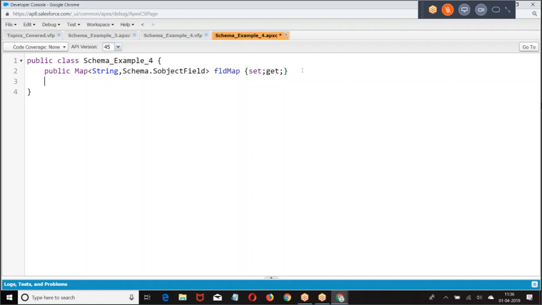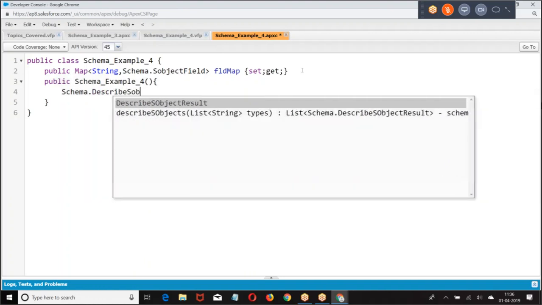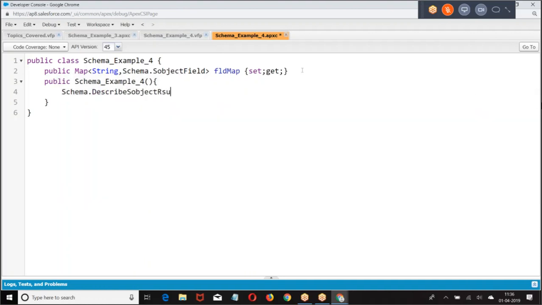Then, first, which object you want to take? Now, the point here is, which object fields you want to take? I want to take schema dot describe this object.